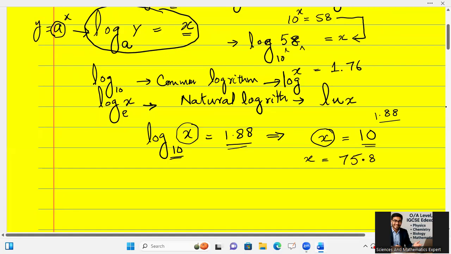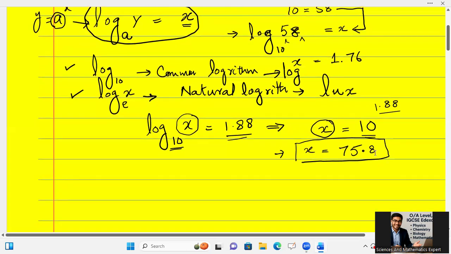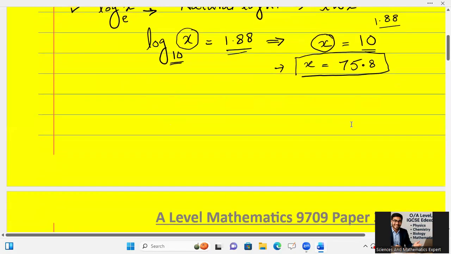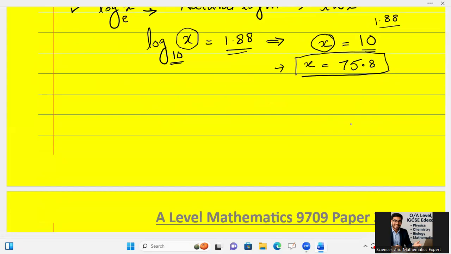So this is the way we can interconvert our common logarithm and our natural logarithm. After common logarithm and natural logarithm, we will also be dealing with smaller values and larger values. And why do we use logarithm? Basically, as you know, like multiplication tables or